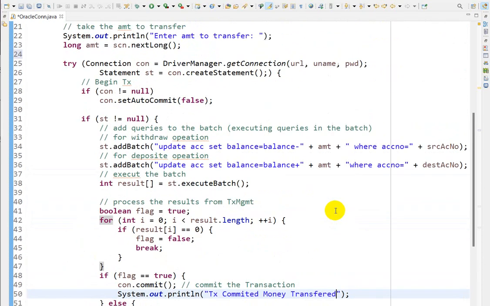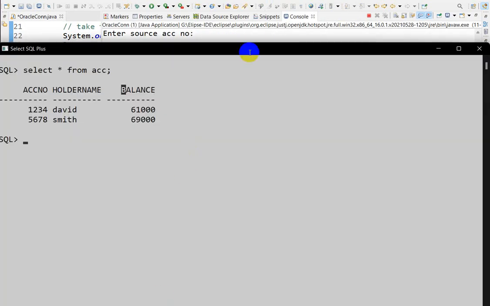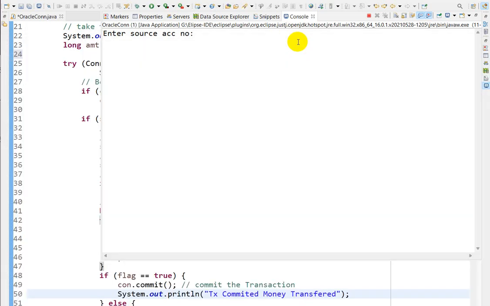So let us see. Here I am running the program. First is the account number. We will try to give the right account numbers. What is your account number? 1234, and your friend's is 5678. You want to transfer 1000 rupees, and enter.